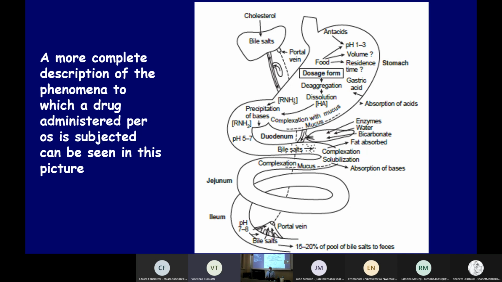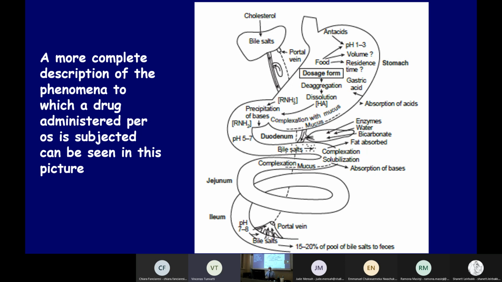Bile salts, very important for the solubilization of fat compounds, absorption of bases inside the intestine, complexation with mucus, once again,